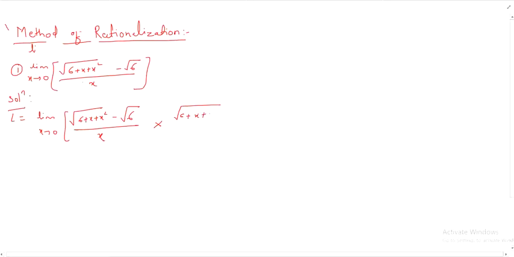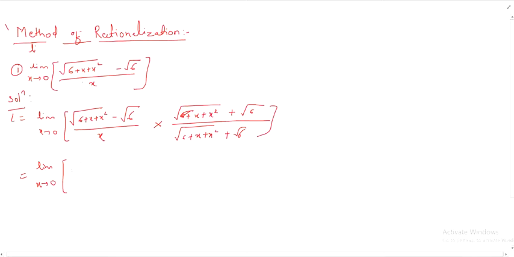Do not change the signs of the terms which are in the root, only change this middle sign. And the denominator also the same, because for balancing, if we multiply, then we have to divide by the same term here. So root of 6 plus x square plus root 6, now it is equal to limit x tends to 0, in brackets.